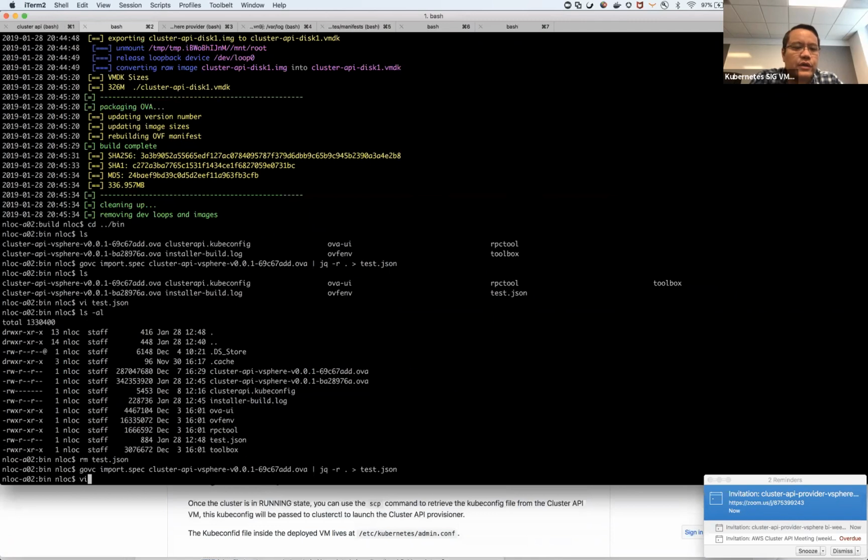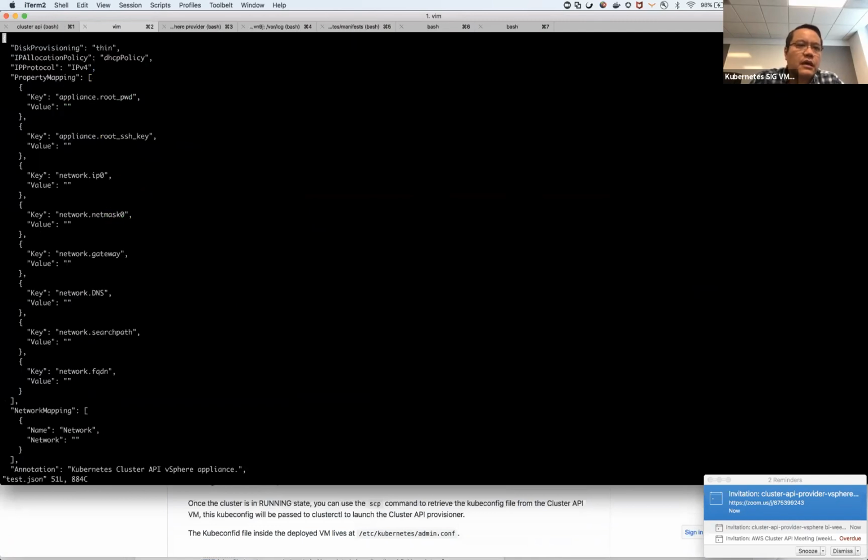So now we go into the JSON. What you see here are parameters that we need to pass in for the OVA to deploy correctly. So there are a few parameters that we need to fill. We need to fill in the password, the SSH key, and also